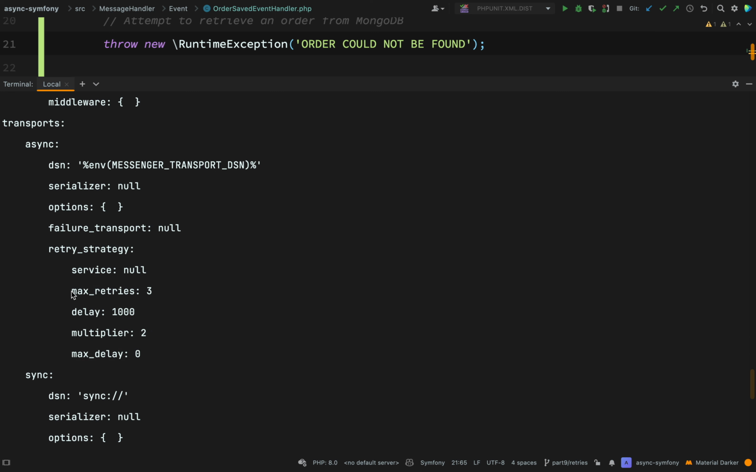As you can see, the default is to retry this 3 times, and then there is a default delay of 1000 milliseconds, but the reason why we were seeing that increase in the delay in the message being resent is this multiplier. So first there is a 1000 millisecond delay, and then that doubles and doubles and just keeps doubling,